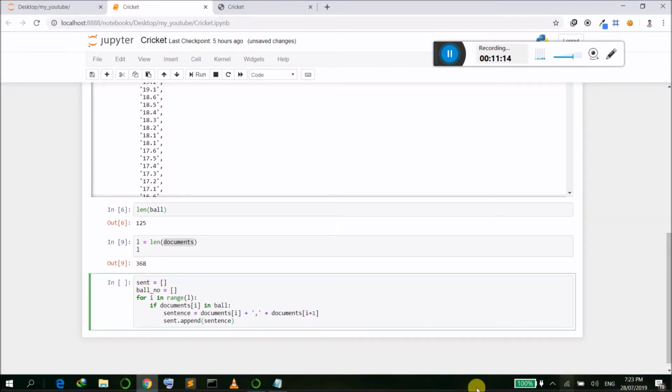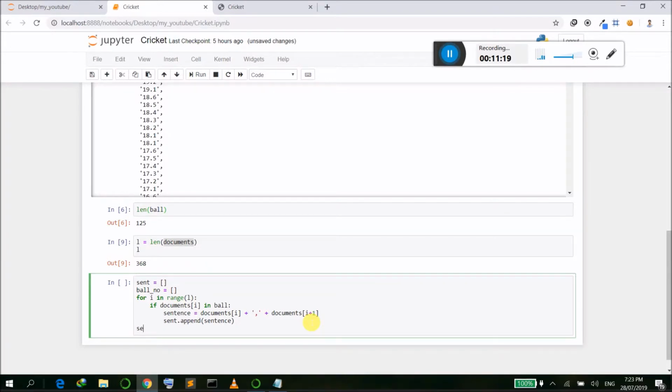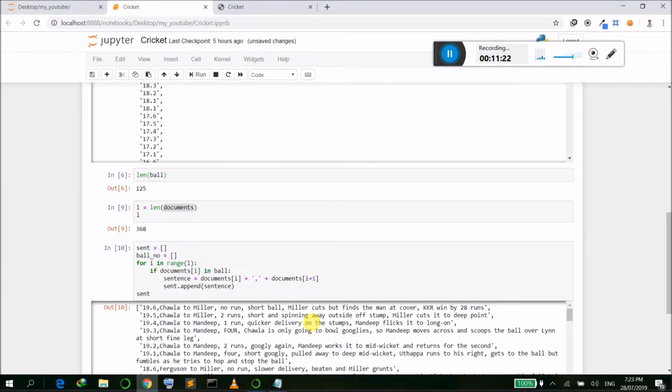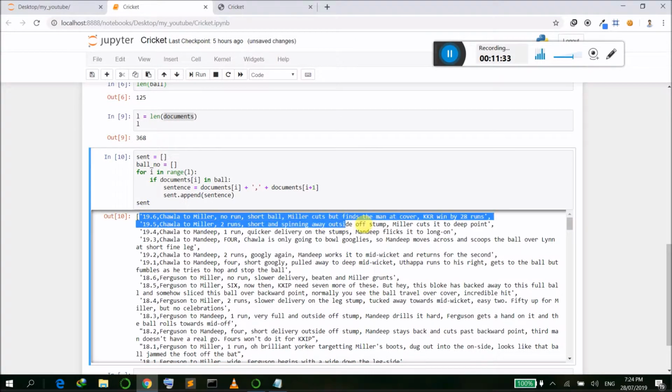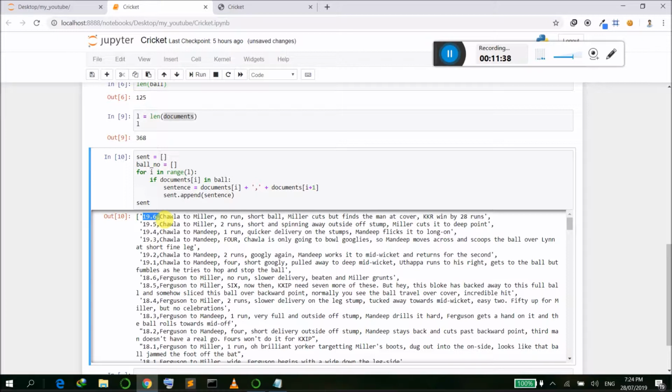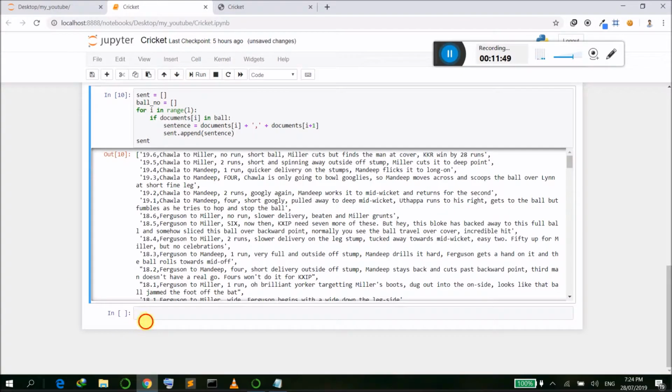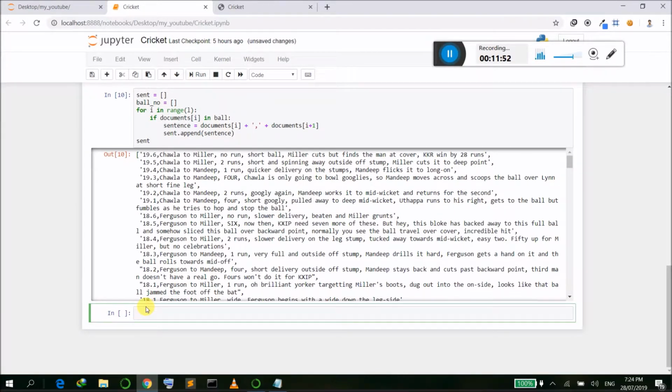Okay, so let's just print this list sent also. So now we see sent is a list containing all the necessary sentences. So this is the ball number, this is a bowler, this is a batsman, and numbers scored. If there is out, this is 4 or 4. Okay, so sent is a list containing all the